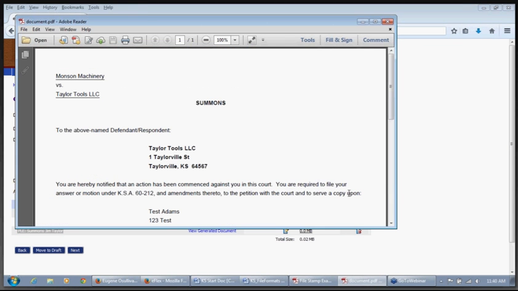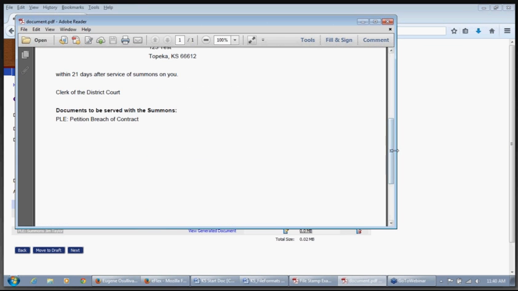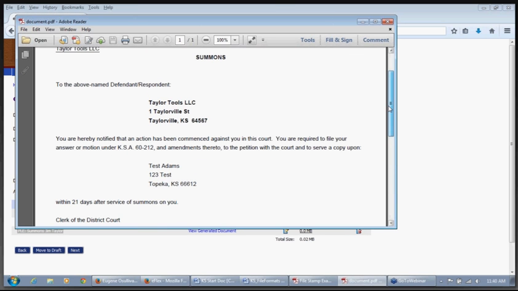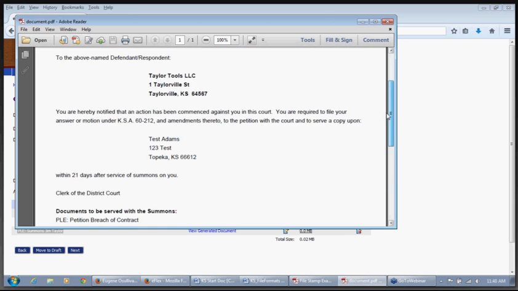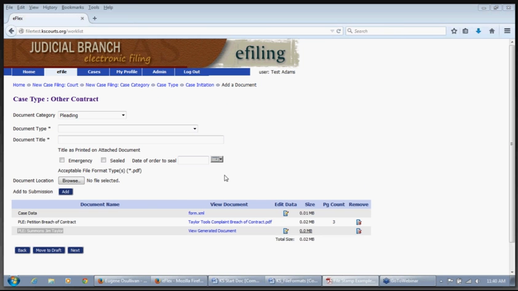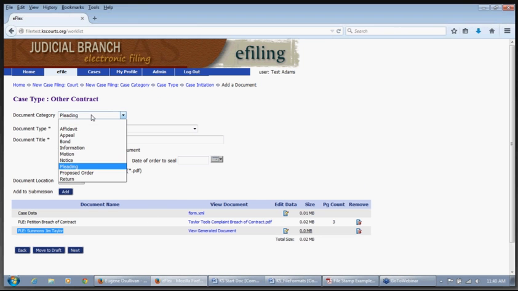And this will be your electronic summons going to the courts. Now, there is a special method in how to service these particular summonses, and so I'll tell you that in just a minute once we get to that point. So with that, what I want to do is show you how to do a generic